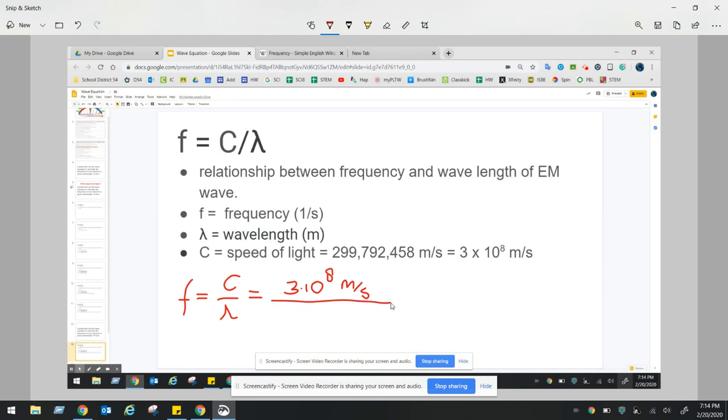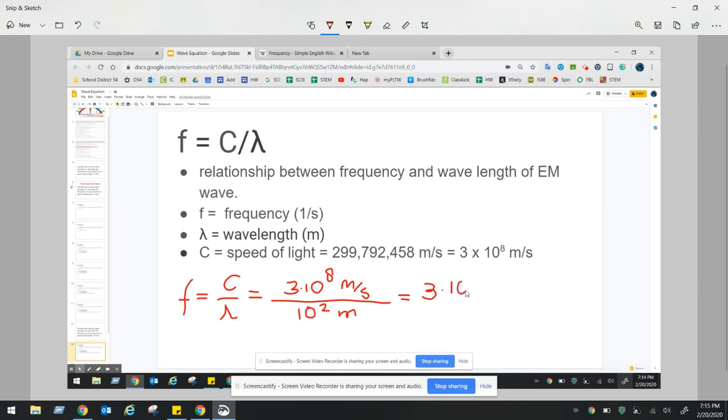So for lambda, you have a choice. You just need to choose a wavelength in the range for your particular type of wave. Let's take a longer one. Let's say it's 100 meters. 100 meters in scientific notation we can say is 10 to the 2. I need to put a unit here. That's meters. So 3 times 10 to the 8th divided by 10 to the 2